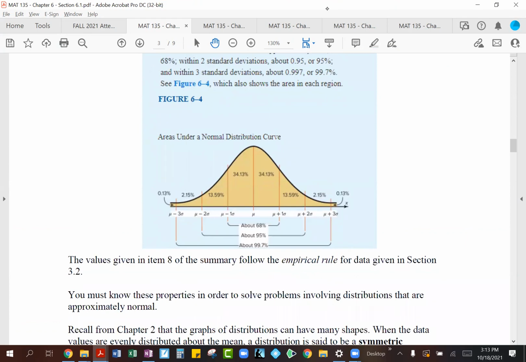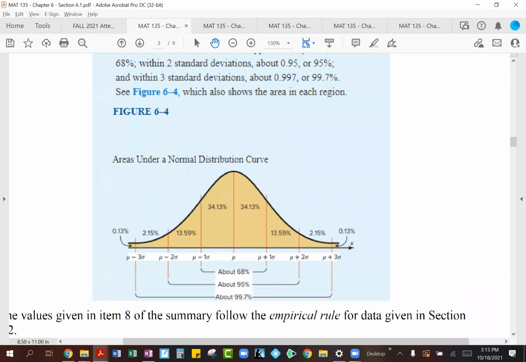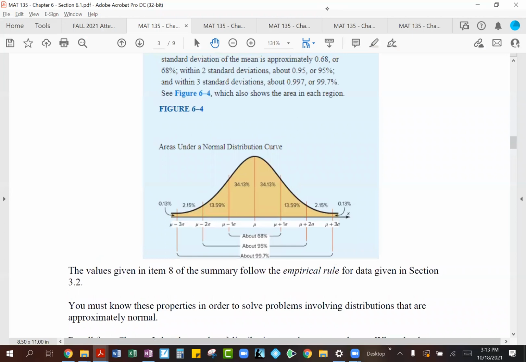Now, since you guys are familiar with the empirical rule, we have talked about this before. So we know from the center where you have your mean, which is right over here, if you go 1 standard deviation below and 1 standard deviation above, so that would be this area over here, this is going to add up to approximately 68%, or you can see the exact value would be